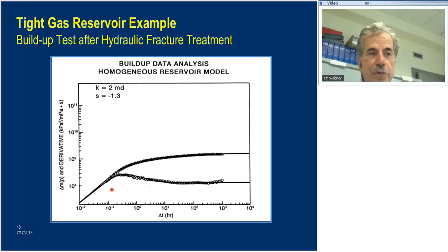And then we recover from that, and if we see here a flat derivative, that corresponds to the straight line of the Horner graph. It's the slope of the Horner graph, basically. It becomes constant because you're on a straight line. So we use this part to calculate KH over mu. And this pattern between the pressure change and derivative is a typical behavior for a homogeneous reservoir with wellbore storage